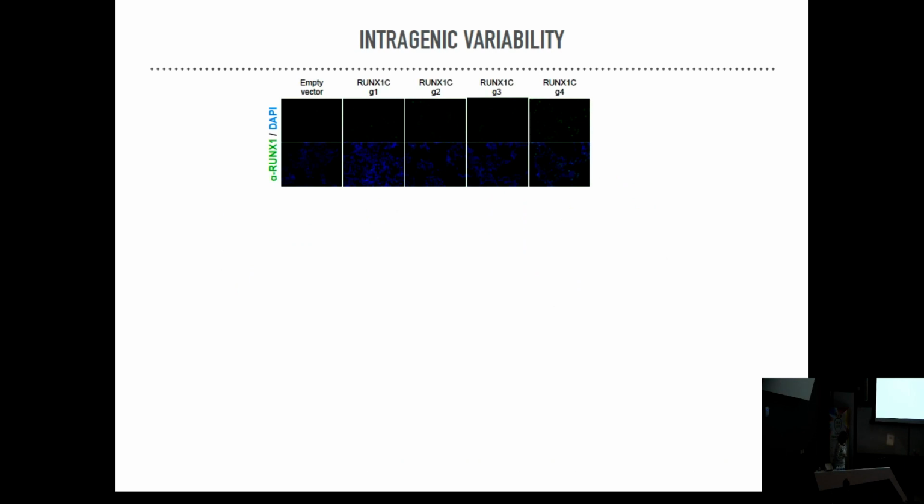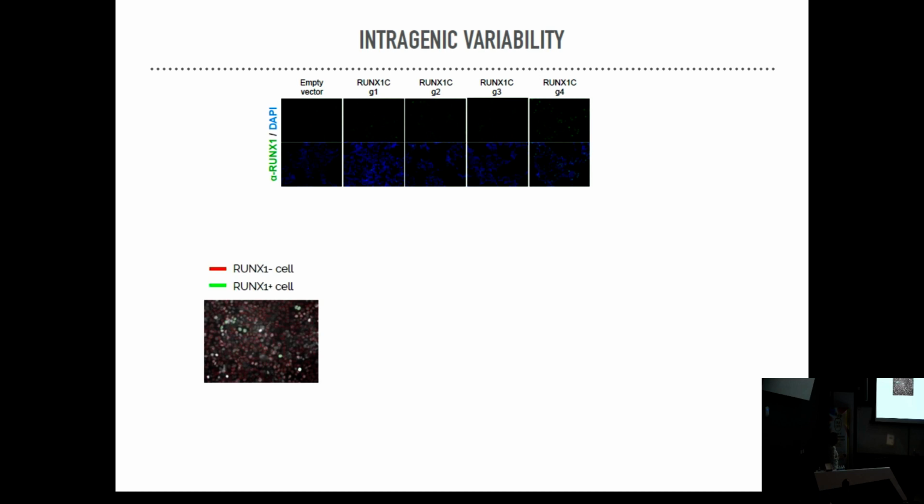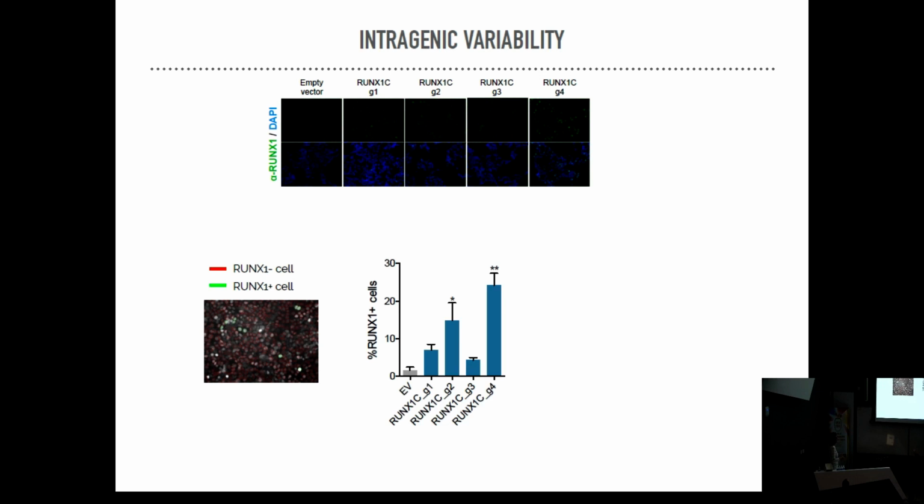And we went on to study this at single cell level. So what we did was to target our gene of interest, one of our main interests. And as you can see, compared with the empty vector where you don't have the guide RNA, so you cannot localize the Cas9 in your gene of interest, you don't see many active cells. And upon addition of the guide RNA, you can see how the different cells show expression of the target now. So we use a system available where you can screen for positive and negative cells. We quantify this, and we noticed that there was also variability not only between the different genes, but also in the same gene. So some guides seem to be more efficient, some guides seem to be less efficient.